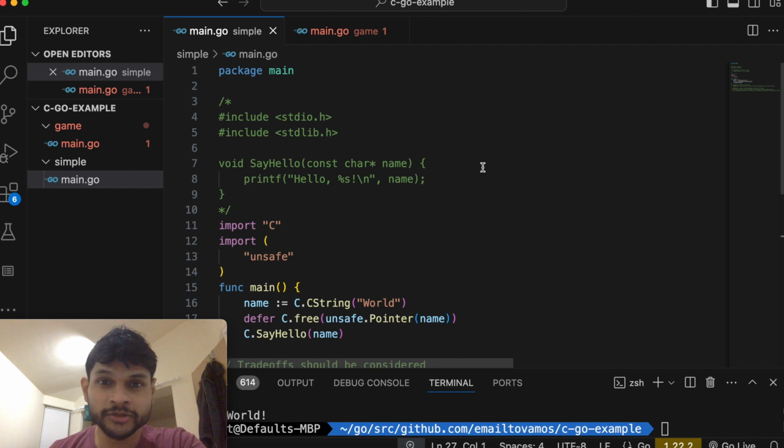Hi everyone, in this video I'm going to show you how to embed C code inside Go. So basically running C code by running a Go program. There are usually two ways to do it. You can write the C program, compile it and use cgo to execute it along with your Go application,